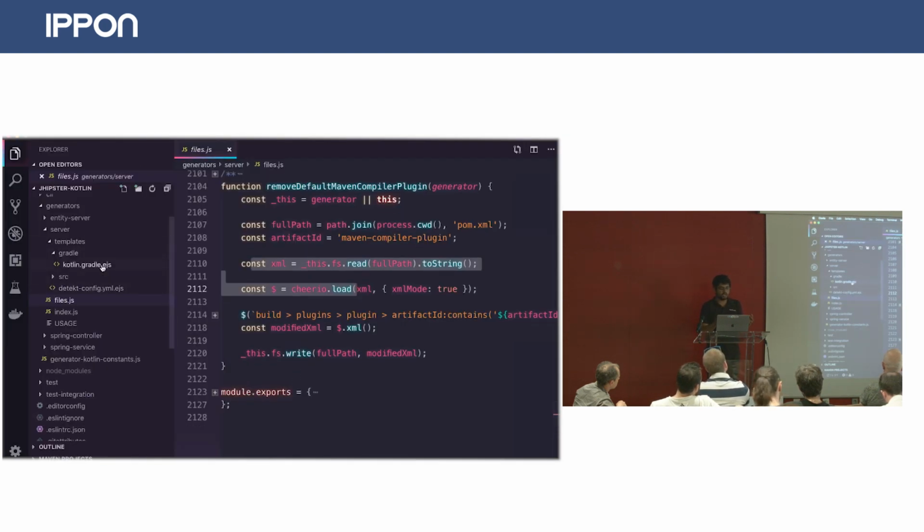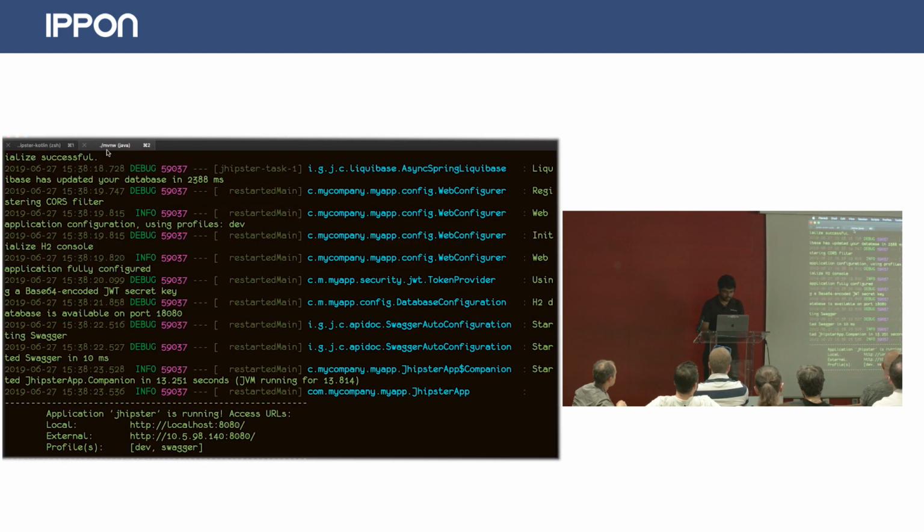And of course, how many of you know about KT-lint? Anybody heard about KT-lint? No? KT-lint is something like Prettier for JavaScript and Java. It helps you lint your Kotlin files. It also detects any problem that you have in the Kotlin files. So you can add that into your build system, and it works completely together with your build system.